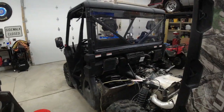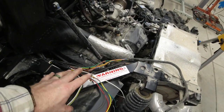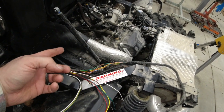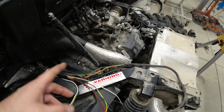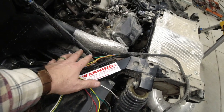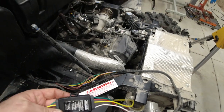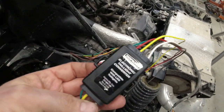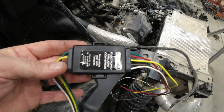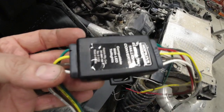But first, what we are going to be doing, and you'll notice I already have this all opened up. If you check out my other video that I'm putting out before this one, I did a remote start on it, and we had to tie the brake signal in back here. So this is all just temporarily done right now because I knew I'd have to be back in here. But this right here is our trailer light, brake light, tail light, turn signal light